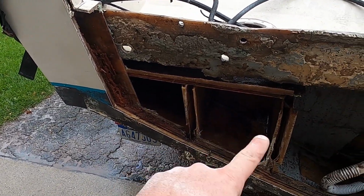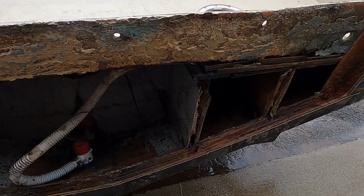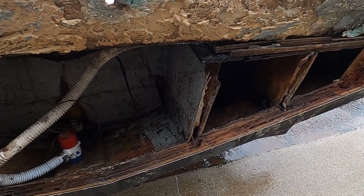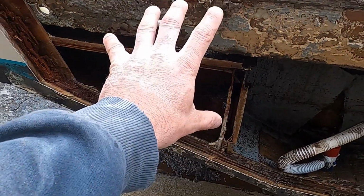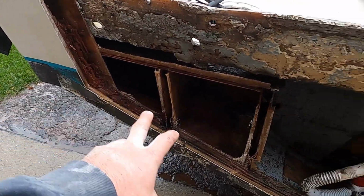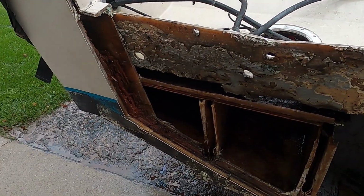When we put that plate down here, and we put the plate down here, I'll go in from the inside of the boat, come down, punch it so I know where the holes are, and then we will bolt it into the boat, and then we'll bevel all these edges and fiberglass it right back in, and it'll be done